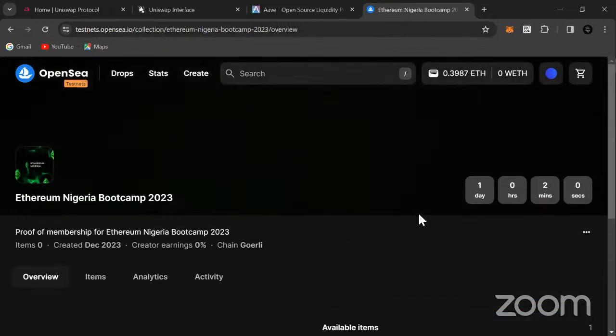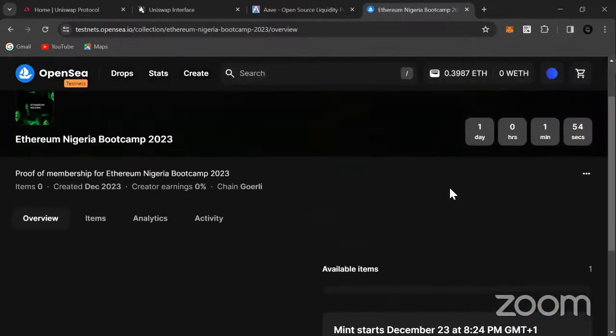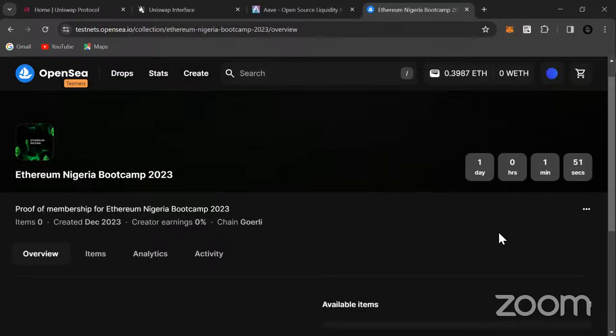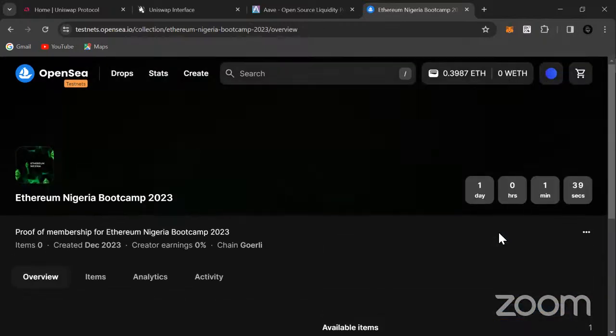On OpenSea, you can view our token here. See, it's counting down our timer to let us know that the minting hasn't really started, because we set a lock time for it. We can't change it. It's immutable. Of course, I'll share the link with us. You see the countdown, and when the countdown period has elapsed, which is tomorrow by this time, you can connect your wallet and mint your NFT to your wallet address.